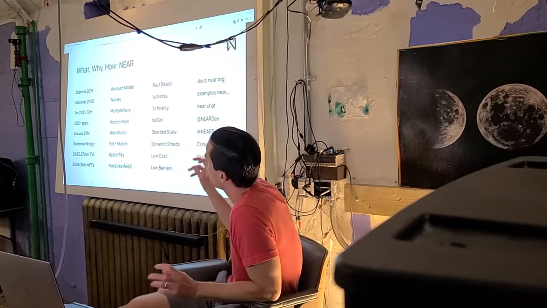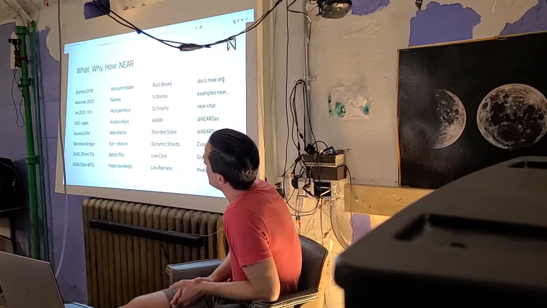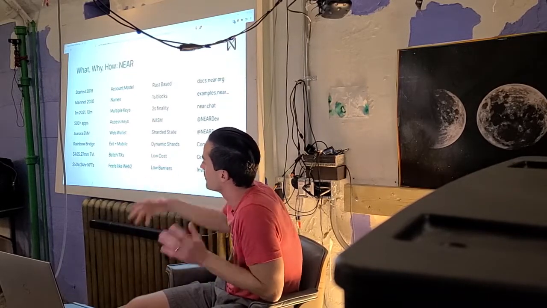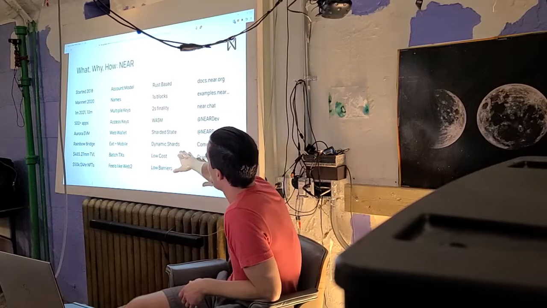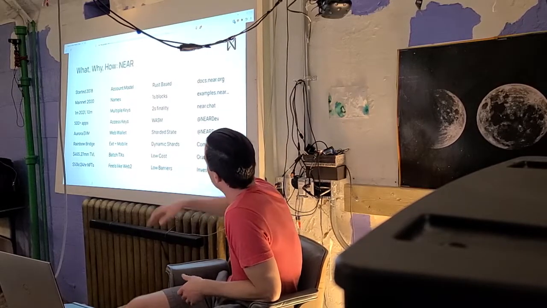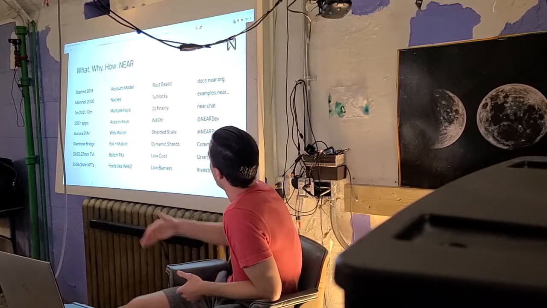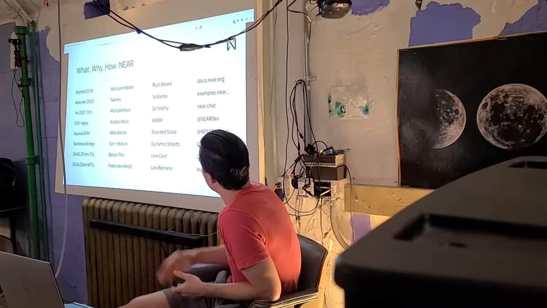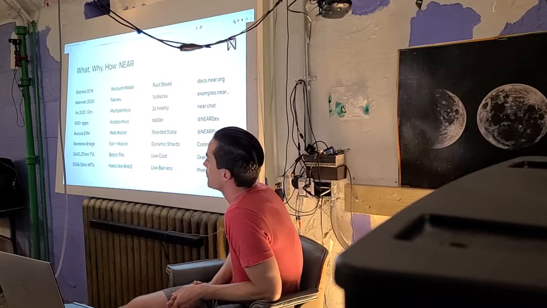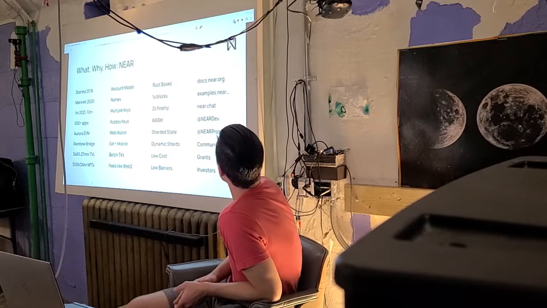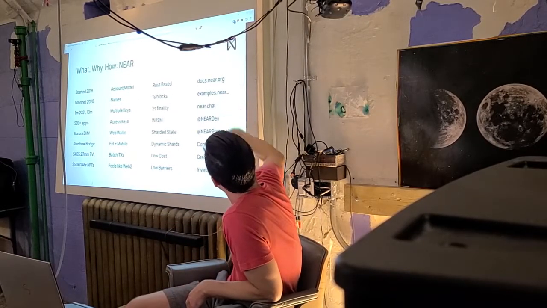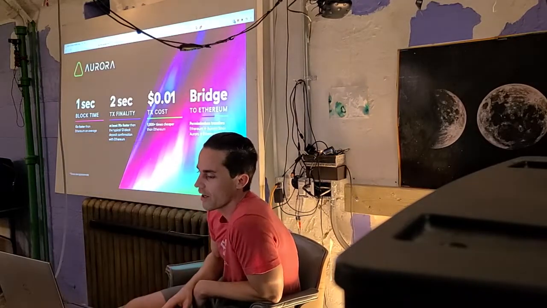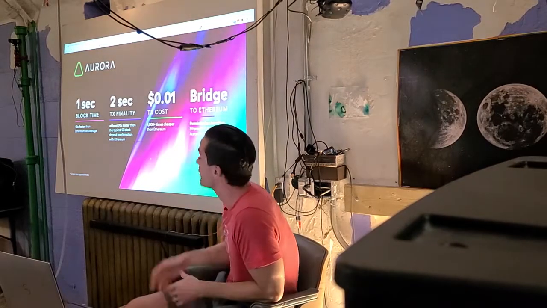Dynamic sharding, resharding, whatever you want to call it, is basically shards can grow and spin up and spin down as needed. They haven't turned it on yet, as far as I know, but it's in the design, it's on the roadmap. That's about the only thing they haven't turned on yet. It's low cost, low barrier to entry in terms of development and just getting on board. I'll let you guys rip into this later, or we can talk about it, because that took longer than I thought. Okay, so Aurora.